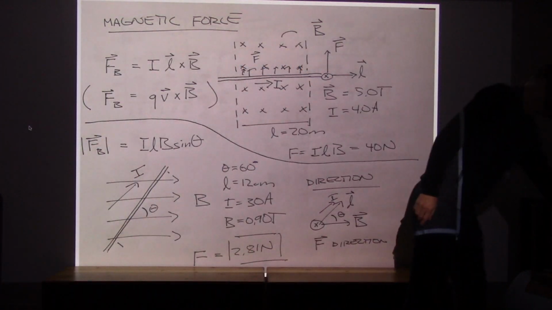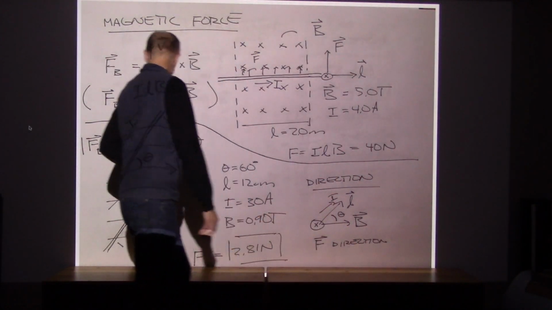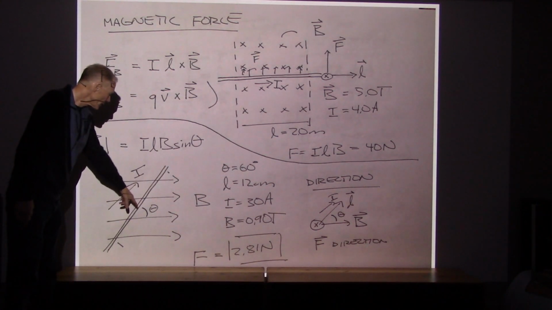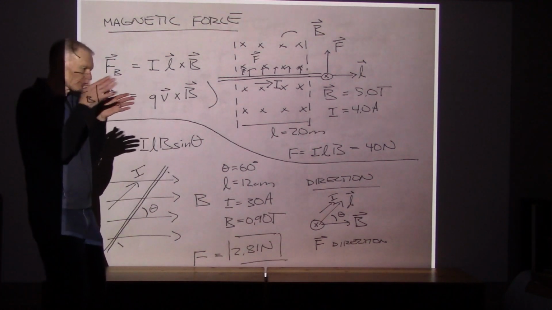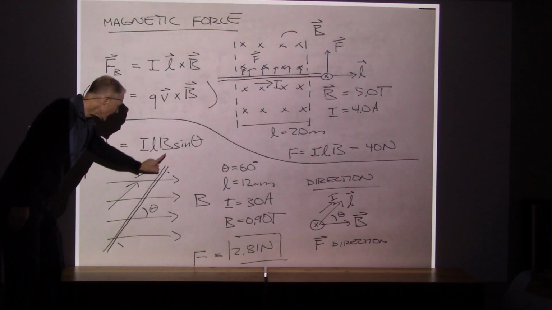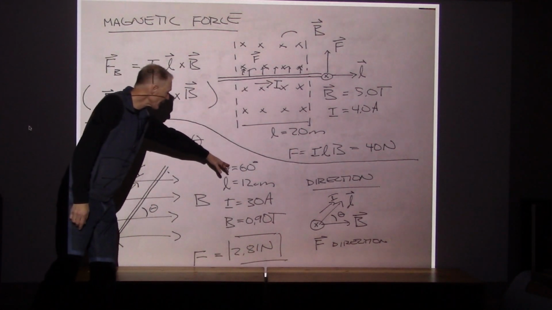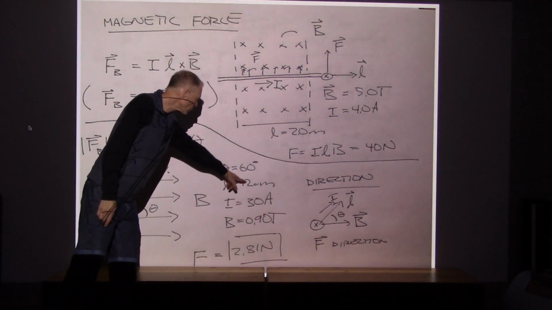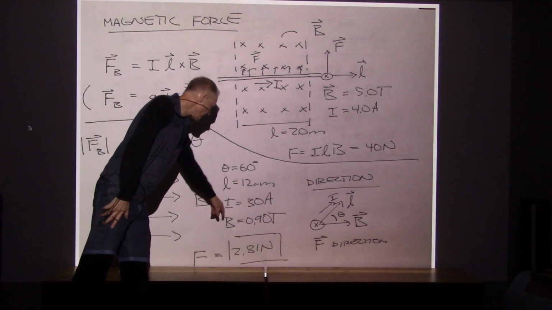So that was on the page before, and now I've drawn that. So here is the wire passing through the magnetic field region, and this time the magnetic field is oriented differently, right? This time the magnetic field is oriented across the page. I have a wire that's carrying current at some angle. They tell us that angle is 60 degrees. The length of the wire, they told us, was 12 centimeters, and the current 30 amps and the magnetic field